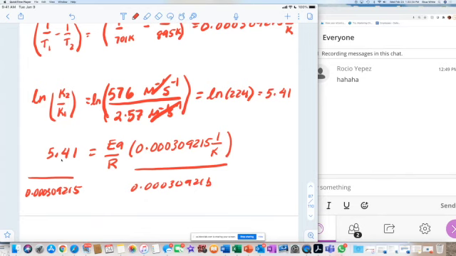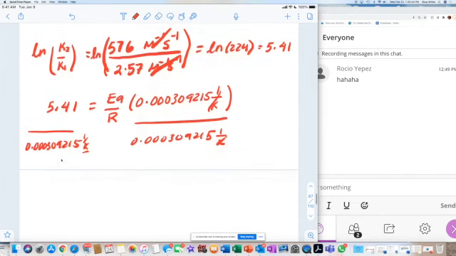0.000309215. 1 over Kelvin. This cancels out. Denominator becomes numerator, right? This cancels out completely. So now I have 5.14 divided by that number. I'm not going to type all this out. I'm going to find it in my calculator. Where is it? That number. There. And when I divide this, I get